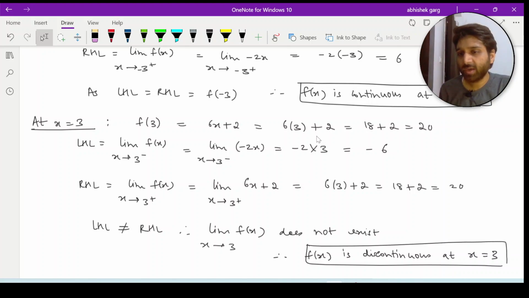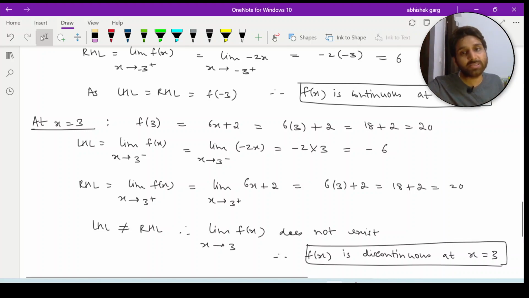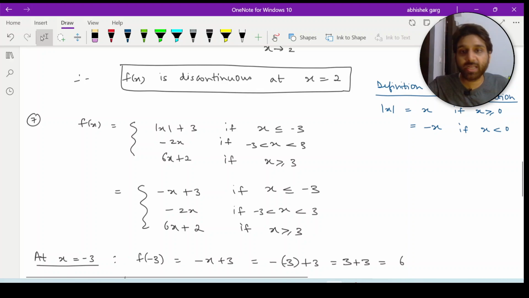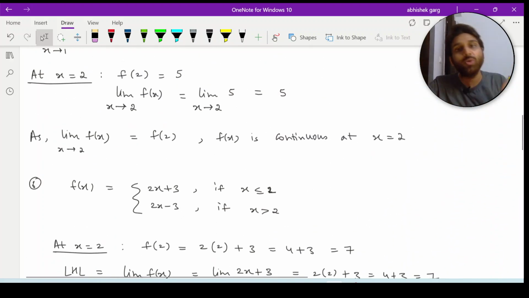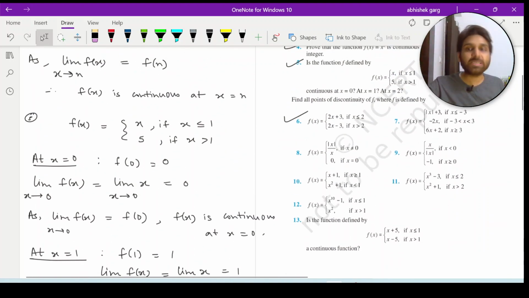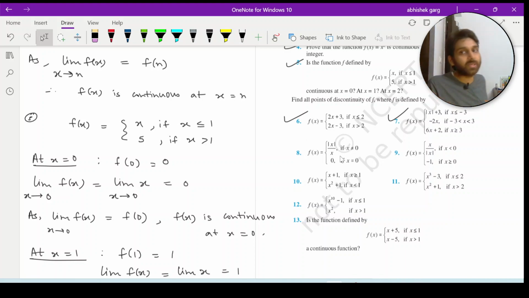आई होप कि आपको समझ में आ रहा हो कि किस तरीके से इन क्वेश्चंस को हम सॉल्व कर रहे हैं। बहुत ही सिंपल और बहुत ही आसान प्रोसेस है। आपको बस दो ही चीज़ें करनी है हर एक क्वेश्चन के अंदर। x की जो भी वैल्यू आपको गिवन है उस वैल्यू पर देखिए कि फंक्शन की वैल्यू कितनी है। उसके बाद आप ये चेक कीजिए कि हमारा जो फंक्शन है उसकी लिमिट की वैल्यू कितनी है उस वैल्यू के आसपास, लेफ्ट हैंड लिमिट की और राइट हैंड लिमिट की। और फिर कंपेयर कीजिए तीनों को कि क्या वो तीनों इक्वल आ रहे हैं या नहीं आ रहे हैं। अगर वो तीनों इक्वल आ रहे हैं तो उस सिचुएशन में हमारा फंक्शन विल बी कंटिन्यूअस एट दैट वैल्यू ऑफ x, एंड इफ दे आर अनइक्वल देन द फंक्शन विल बी डिसकंटिन्यूअस at that value of x.